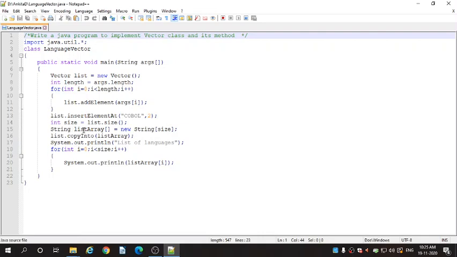Then comes int size = list.size(). The size of the list will get stored into the variable size, which is of type integer. In this program, suppose we pass 4 arguments, then the size of the list is 4 and that will be stored into the size variable.